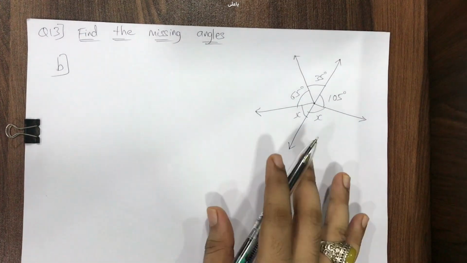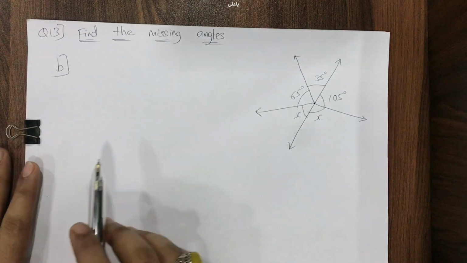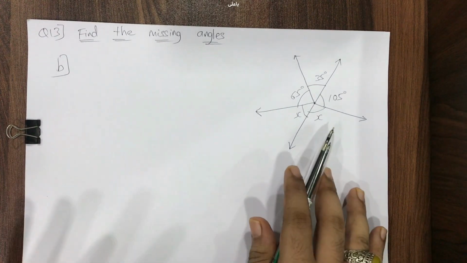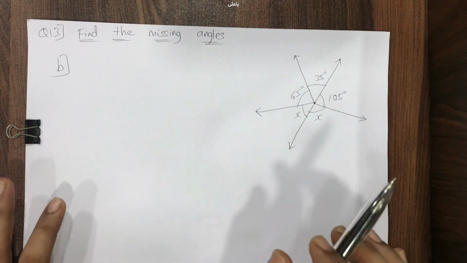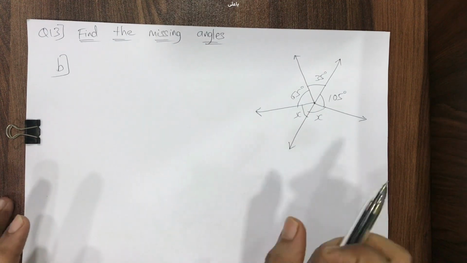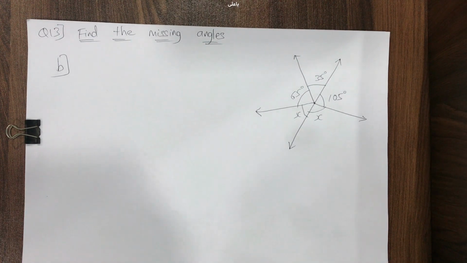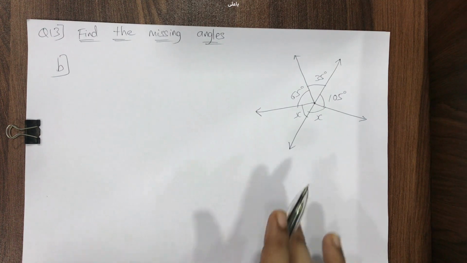It's such a simple question. Question number 13, find the missing angles. This diagram is given to you in the question, and you have to draw the diagram. Always in geometry, diagrams are the gist of the question. So I'll say 80% of the questions are solved merely by understanding the diagrams. So please students, you all have to draw this diagram.